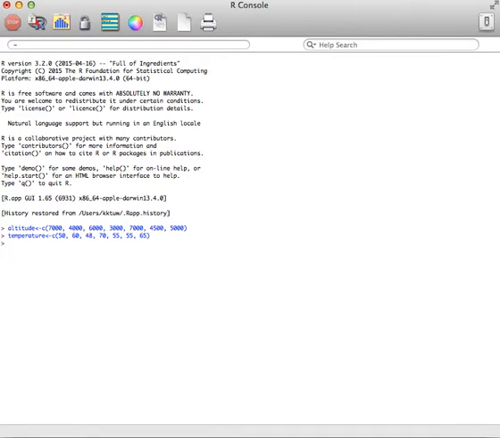Now to create the plot, all you have to do is say I want to plot altitude and then temperature. So that will create the plot. Then again, we always like to have titles. So I'm going to do main, altitude versus temperature. If I hit enter on this,